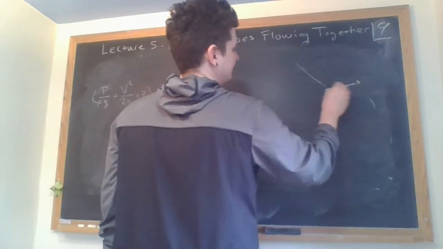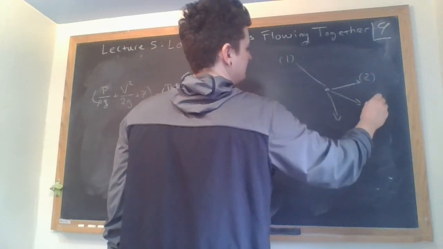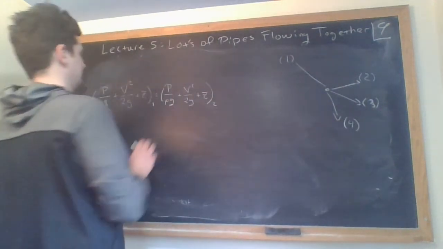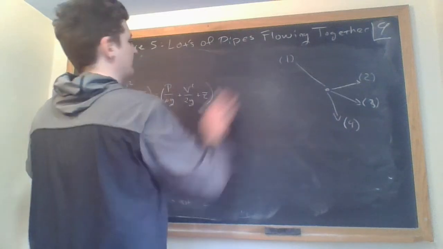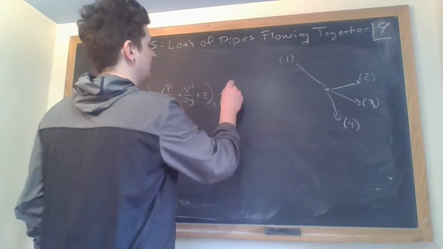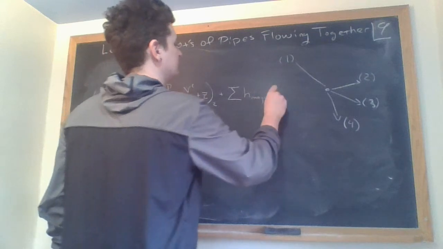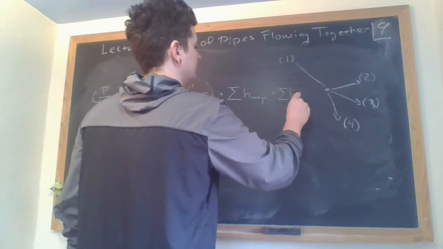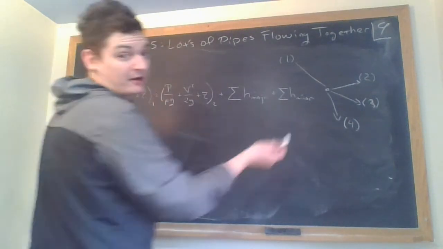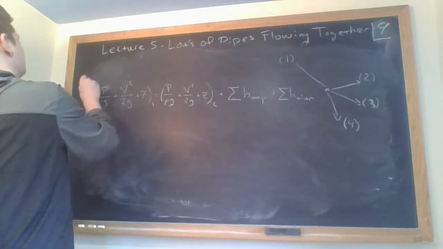The picture we're solving is this. This is 1, this is 2, this is 3, and this is 4 when it comes to piping systems. So this is the energy at point 1, and I'm going from 1 to 2. So I write out the state at 1, the state at 2, and then what do you have? You have then the sum of all, and that is major and minor losses. I think anything can be that. So that would go from 1 to 2. So this equation is